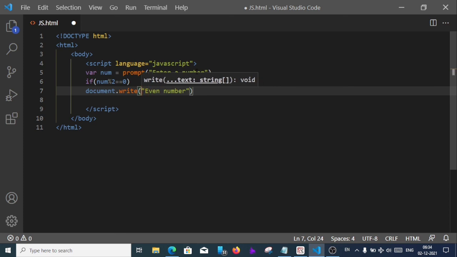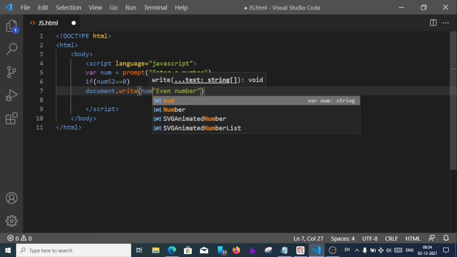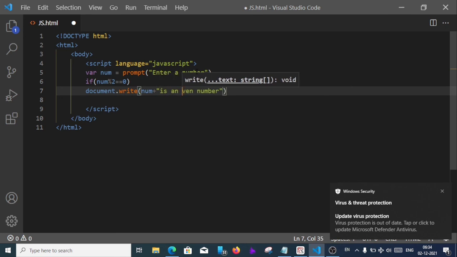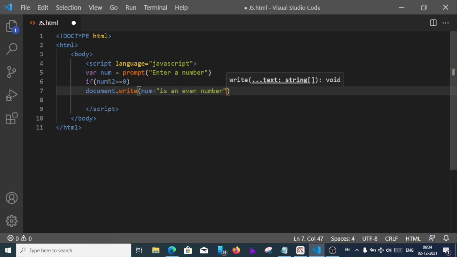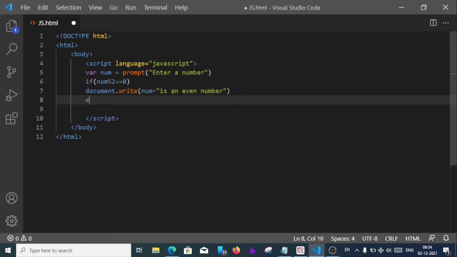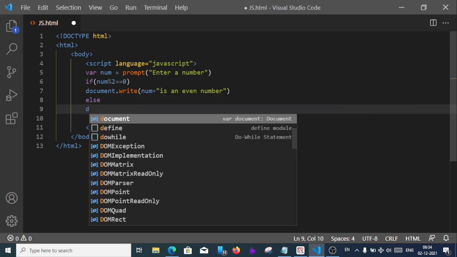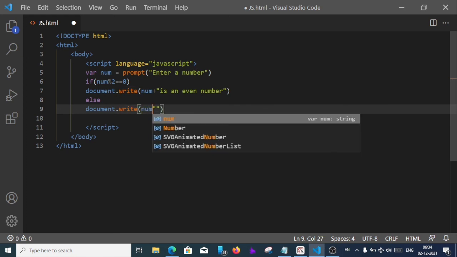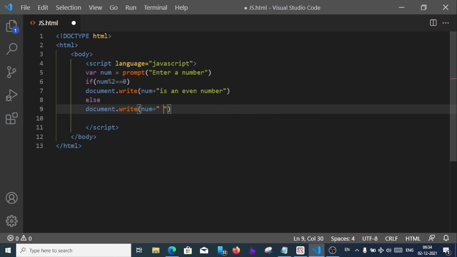For that we'll just write num plus " is an even number". Again after that we'll have an else statement, else document.write, here we'll write num plus " is odd number".